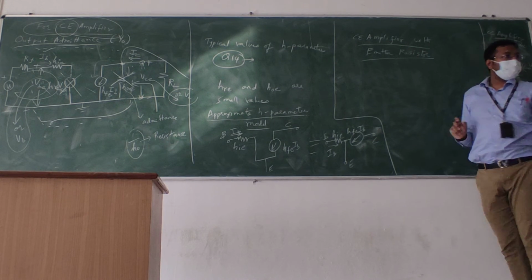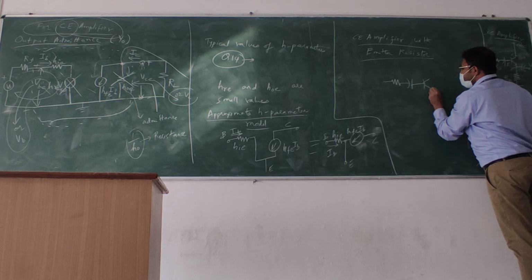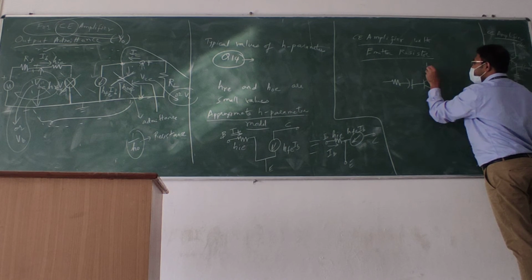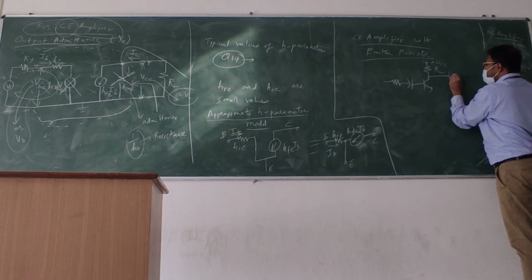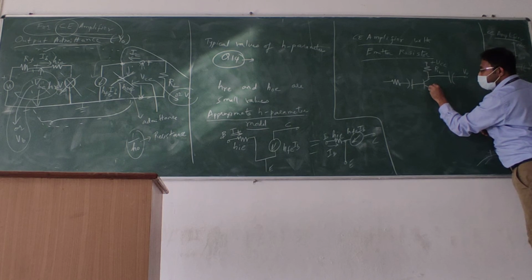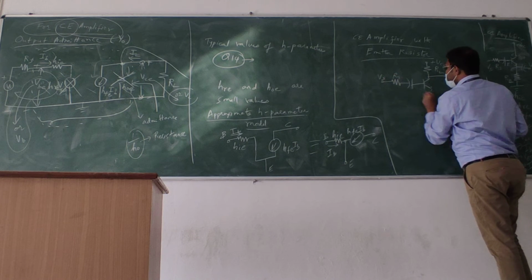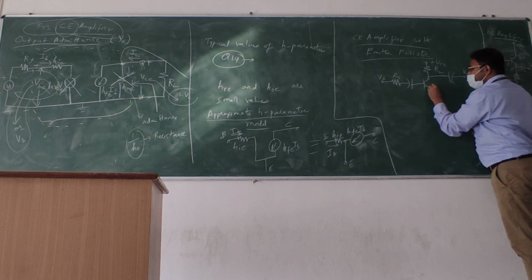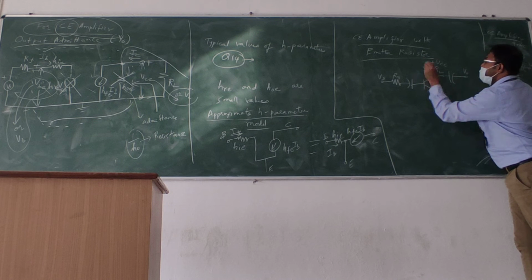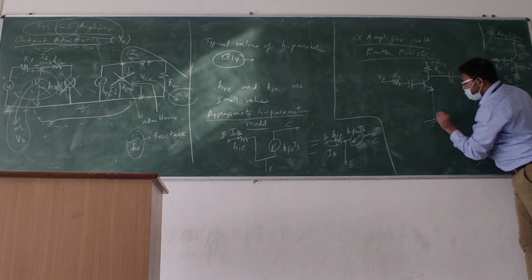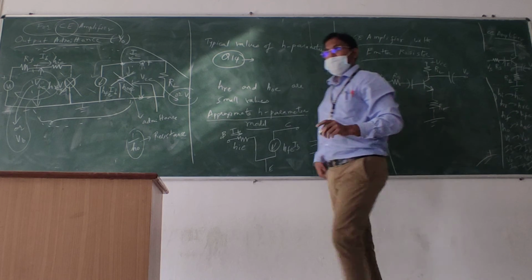Very simple. First, the CE amplifier. What is the CE amplifier? Just now we have seen. This is the CE amplifier. This is plus VCC, RL, V0, and this one we have connected to ground. This is VS, RS. The emitter we have connected to ground. That is the common emitter amplifier. With emitter resistor means here, instead of connecting to ground, we will have RE.